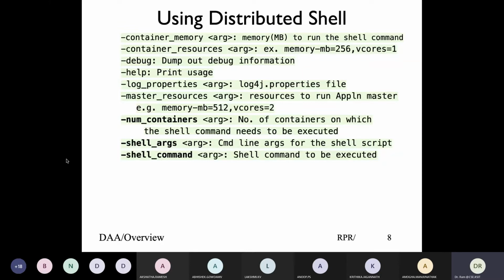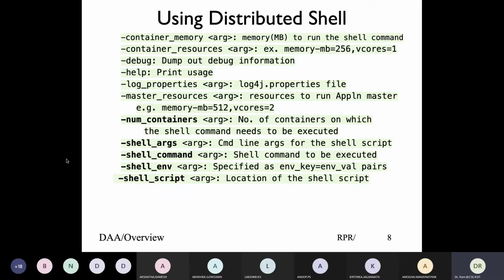If there are multiple arguments to be given, then you give the first shell argument, the second shell argument, and you repeat this shell argument as many times as needed. Other than the shell command, if you want to run a shell script, you write a single shell script and you want to invoke it, you can give a shell script.